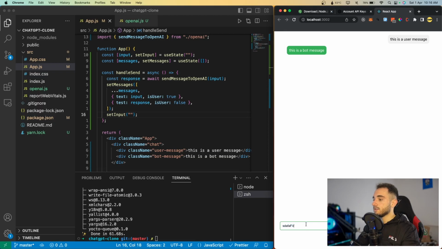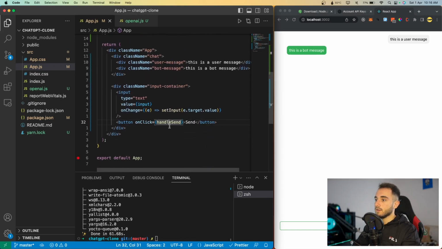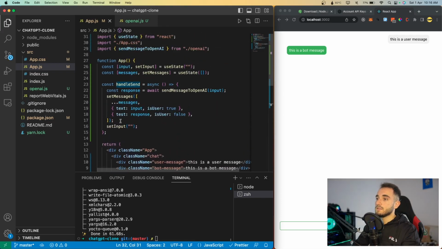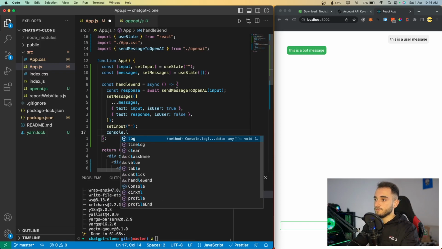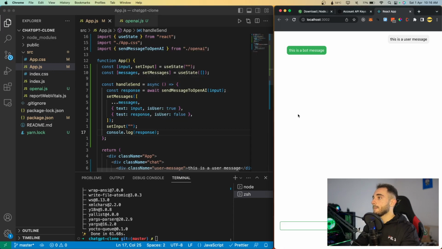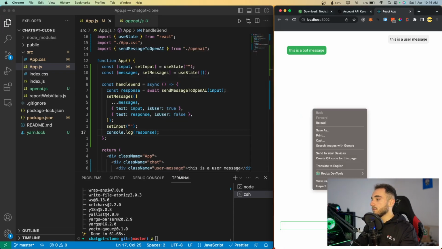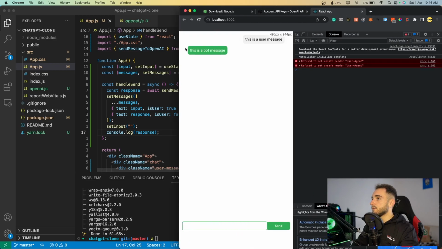So let's go ahead now and test it. It's not going to do anything, just click on send. Okay, we type it, send. Handle send is here. Let's try to console log the response. So console log response. Okay, so now if we click on inspect and go to console, and every time we type